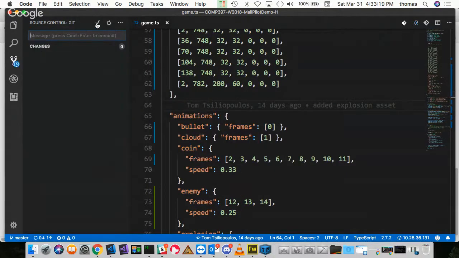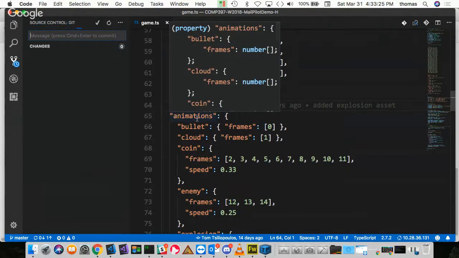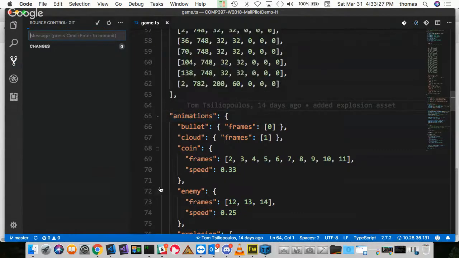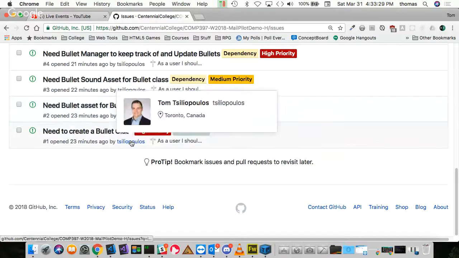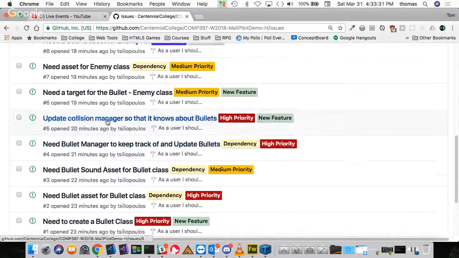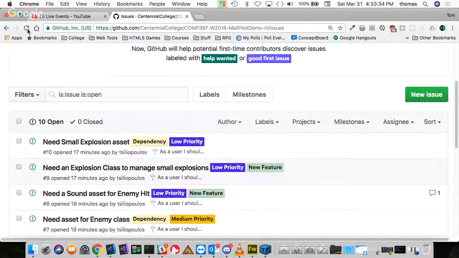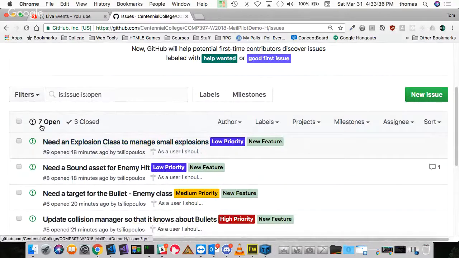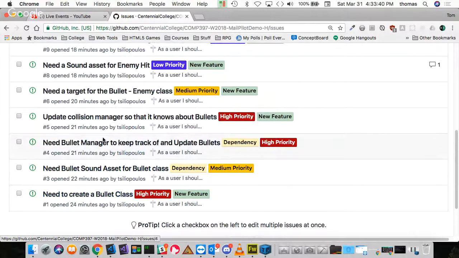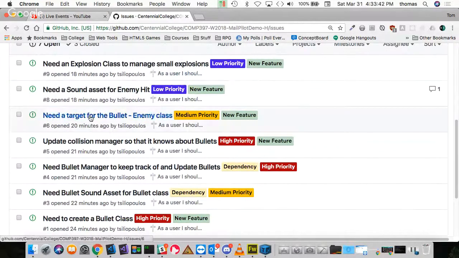I'm going to click this plus, and then from here, I'm going to push this up. And if you look up online now, right? So 2, 7, and 10 we said, right? If I refresh, you're going to see there's only 7 open issues. What's happened is when I said 2, 7, and 10, it referred to these issues and closed them off automatically,